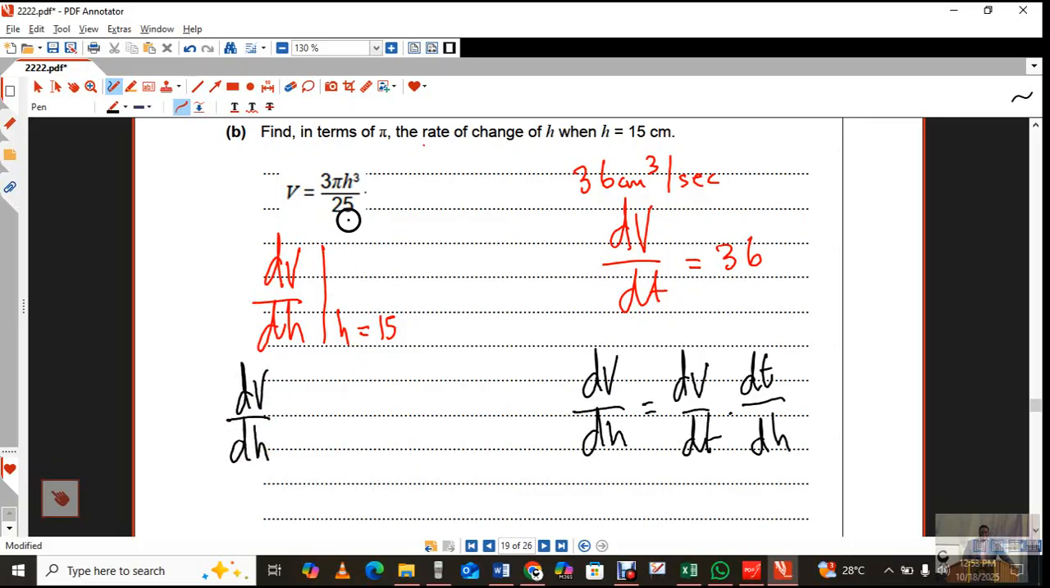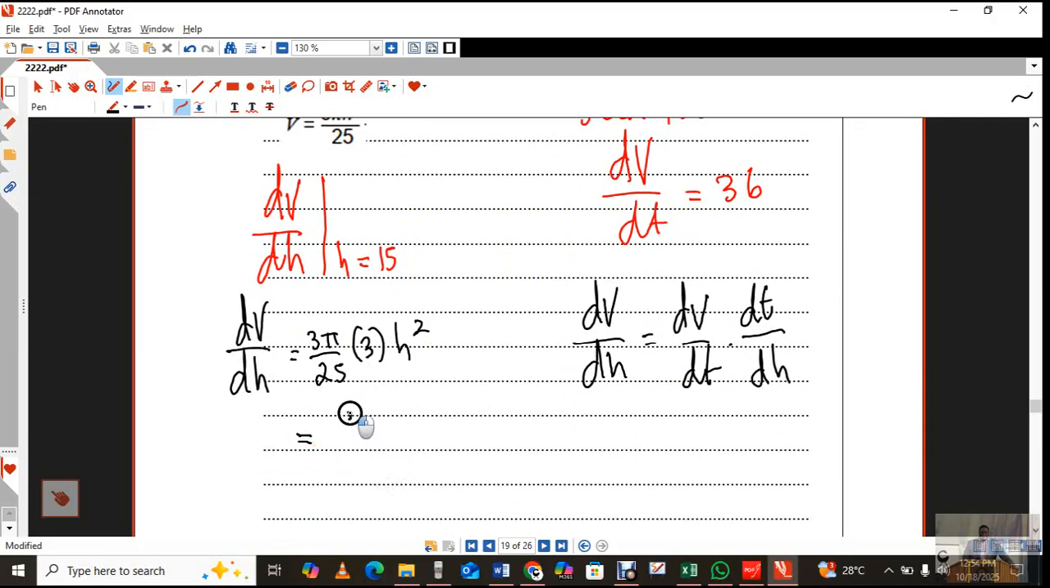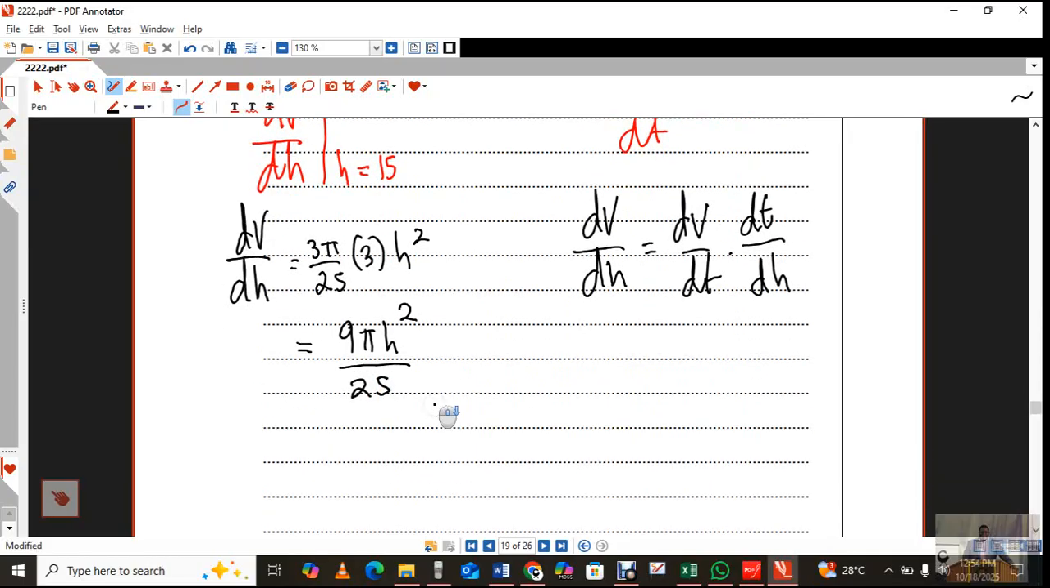dV/dH, that means if you were now to differentiate that, this 3 over 25 is just one number, the same as pi. So 3 pi over 25, they will obviously be affected because this 3 comes in front. So if I write 3 pi over 25, they will be multiplied by 3, then we reduce 1 at the power. So dV/dH, this answer is 9 pi h squared over 25. But we'll need a value of h. We know that they are saying when h is equal to 15,